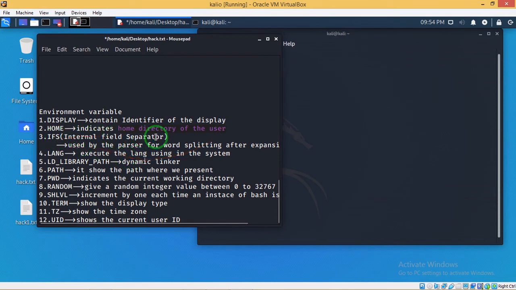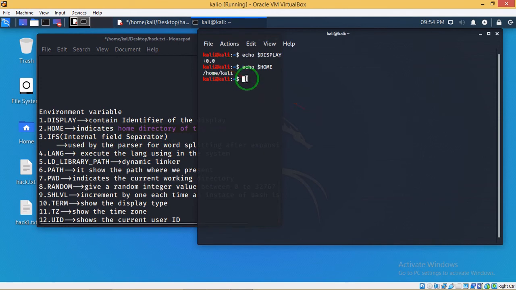So IFS is the internal field separator. If I do this, it will not show you anything visibly, because by default it contains a single tab, a single space, and a new line. I'll show you: echo, space, dollar, IFS in caps.